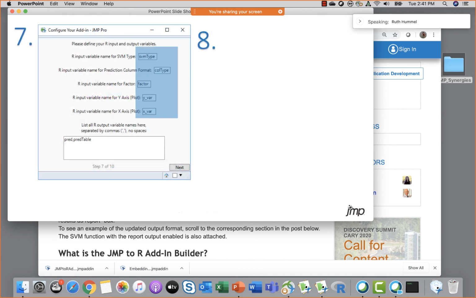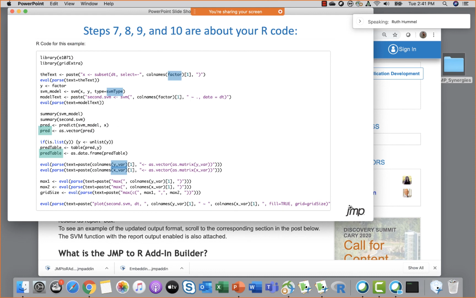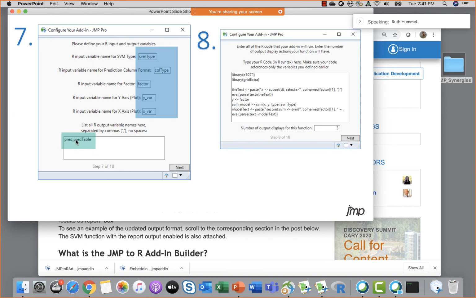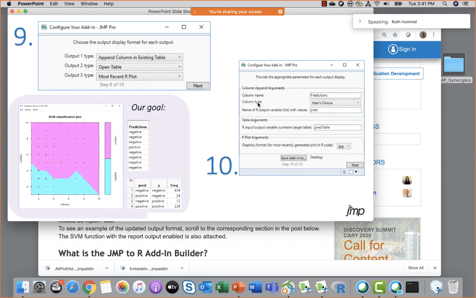So here we have to name our input variables, the same names that we used on that R code a second ago. So those names in blue, we need to name those guys here. And then we also have to name the things we're bringing back from R. And then we can dump the R code, just copy and paste it into this box. Then we have to,